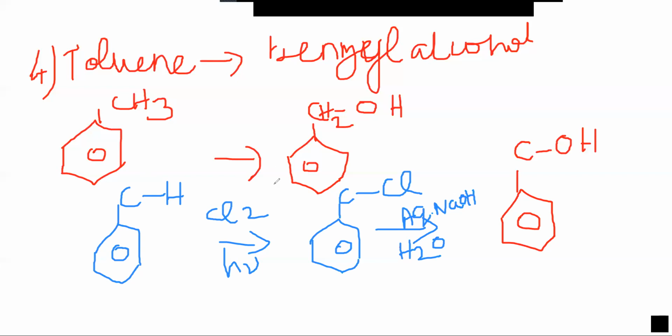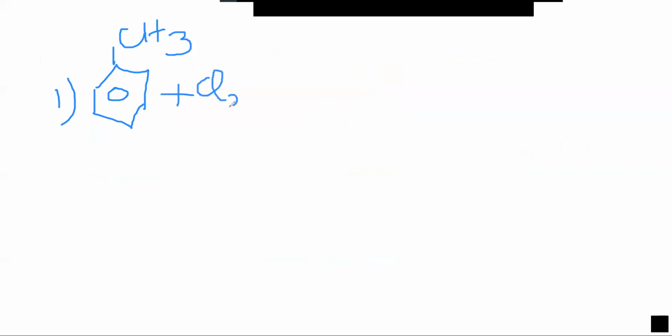So now how can we write the entire equation? Let us write the conversion neatly. First step is chlorination of toluene. That is side chain chlorination of toluene, not ordinary substitution. Side chain substitution will always happen in the presence of hν. This is very important. If you have not written it, then the chlorine might go into the benzene ring in the presence of FeCl3. So this you should write.